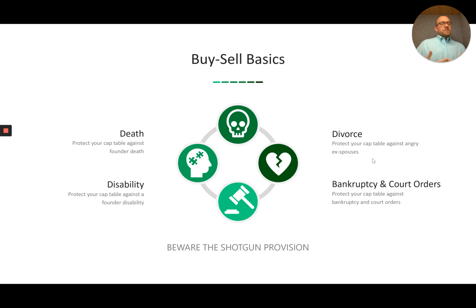And so a lot of businesses don't want to have a bankruptcy court or a bankruptcy trustee getting in their business. So again, you provide this provision so that the business has the ability to buy back that equity from the bankruptcy court or the bankruptcy trustee, or however that plays out, so that the company can move on, continue to do its business, and not have to deal with the inefficiencies and the problems of dealing with that kind of ownership. So those are kind of the basics of a buy-sell agreement.